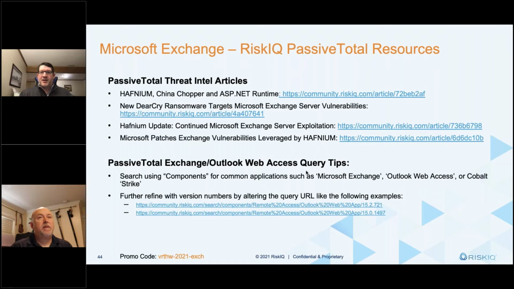I expect that will change, again, as more information comes available from those who have been unfortunately impacted. I think it'll give us a better understanding of who is responsible for it, what other infrastructure is at play, is it part of a bigger campaign, and should there be things that you're looking for elsewhere in your enterprise if an Exchange server was their gateway in.